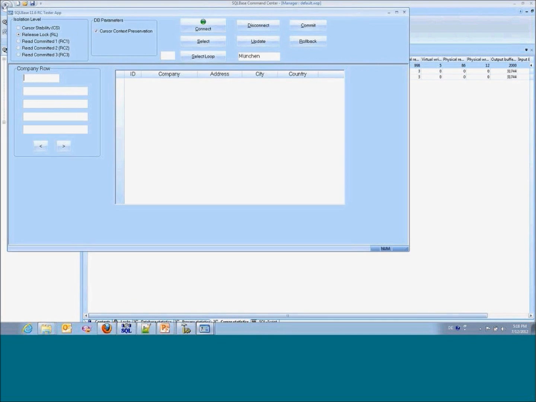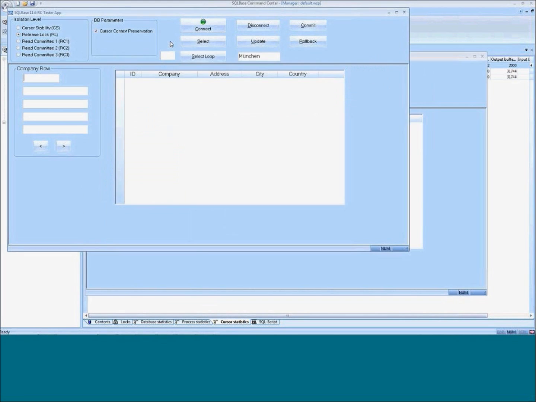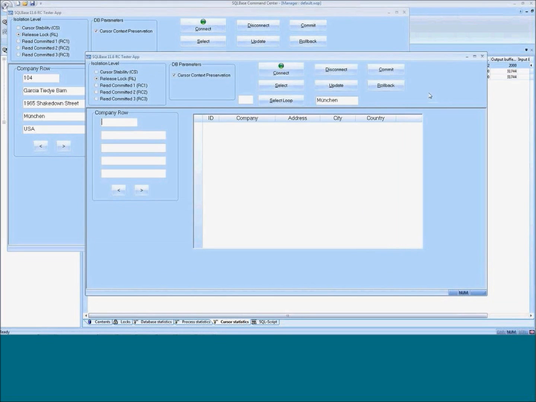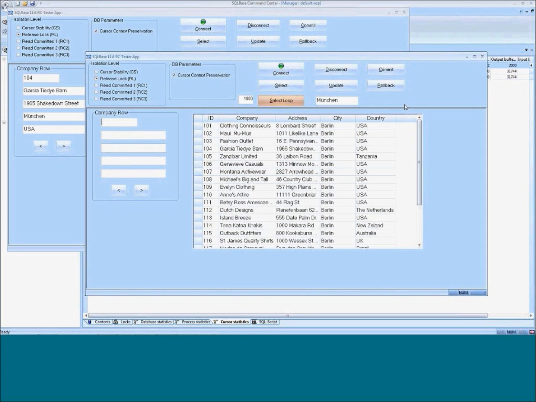And now we can do that game again of locking. I'm going to, let me see, select the data. It's currently Berlin. I'm updating it here. So locally it's set to Munich again. And here I can still run a select loop without me running into any lock. So I can read the same data 1,000 times, and my reporting will proceed without running into any locking contention. And that is for you without touching the application at all.